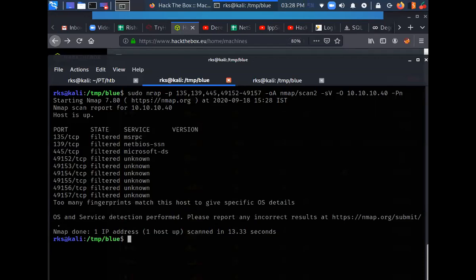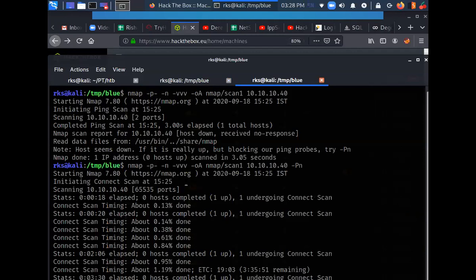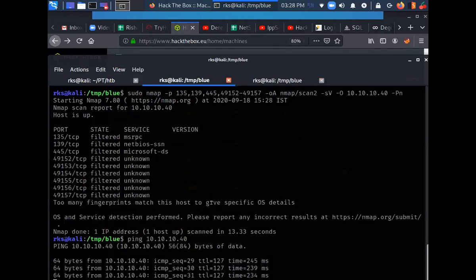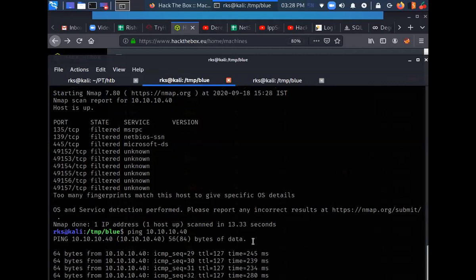Again, it is showing filtered. And now it's up and running.